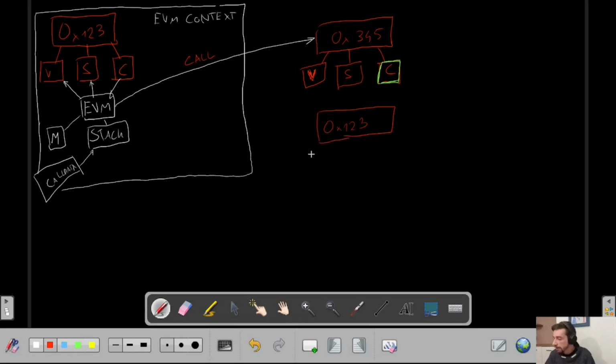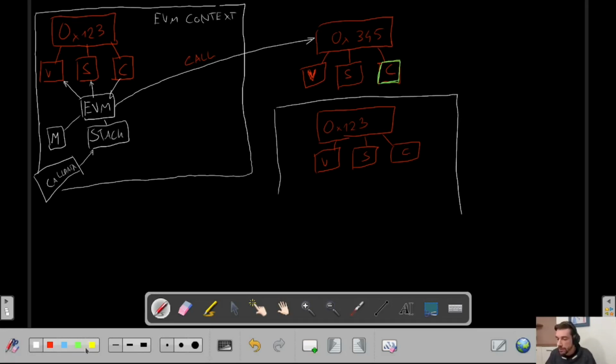We again have the value, the storage, and the code, and we start this EVM context. And the difference now is that during this delegate call we don't use the original code of that address. Instead, we take the code from the address that we're delegate calling to, and run with it instead. So now the EVM